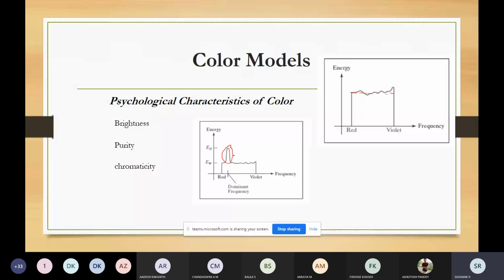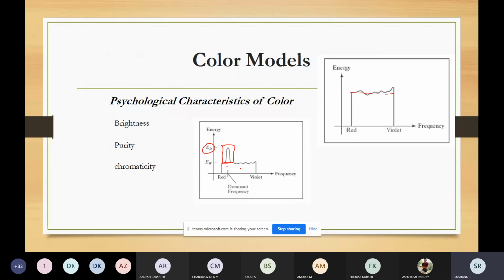You can see that the energy density of this dominant light component is called ED. So what does ED mean? The energy density of the dominant light component. Why? Because only this part is dominating. See, this part is dominating here, and all other components have the same contribution. So we'll call that the energy density of the dominant component.